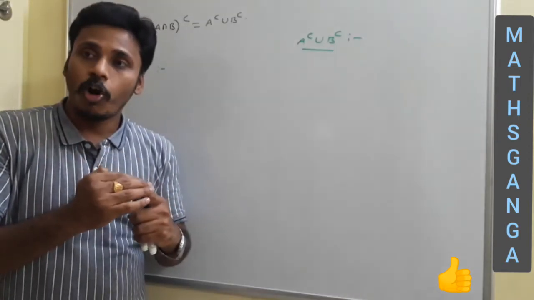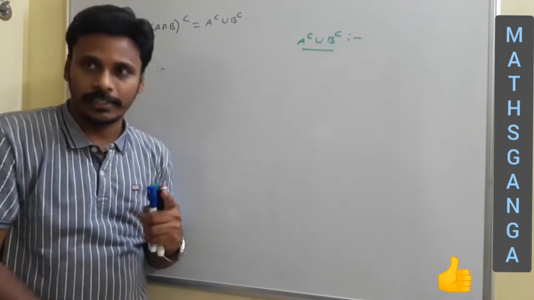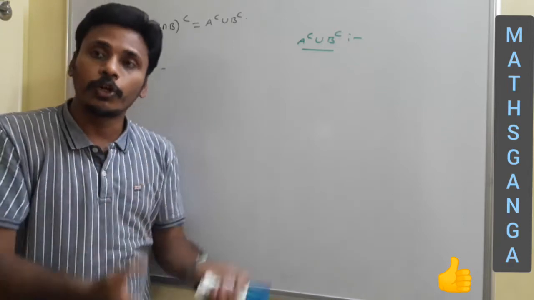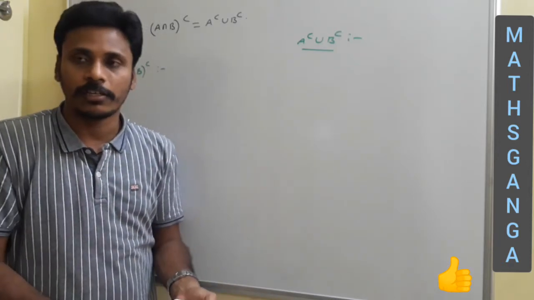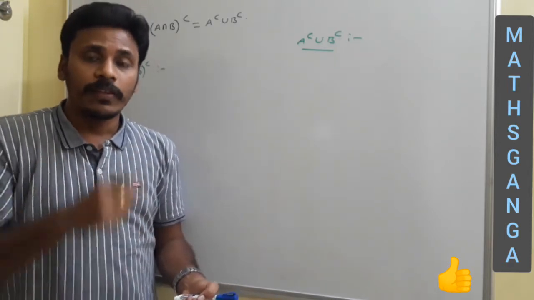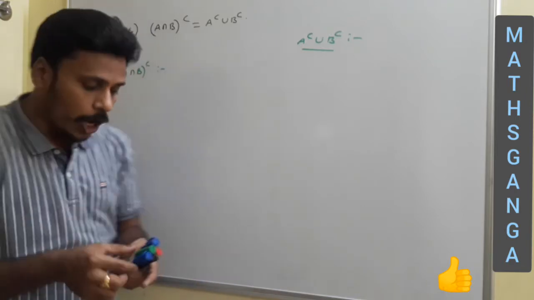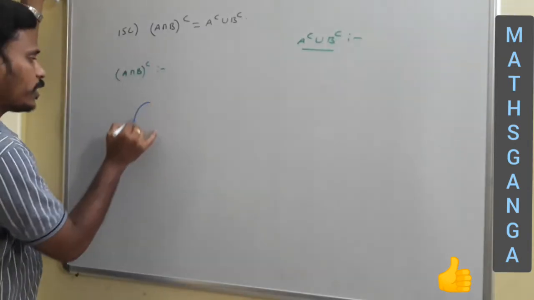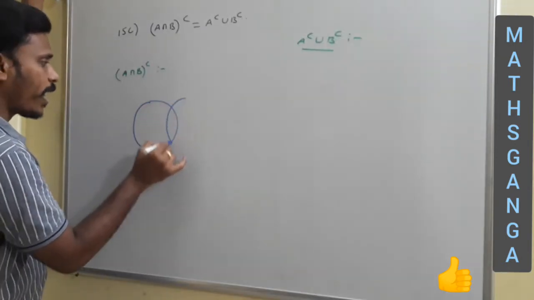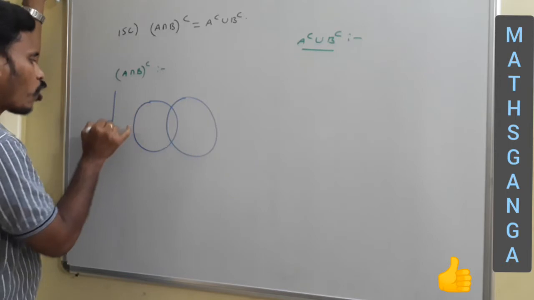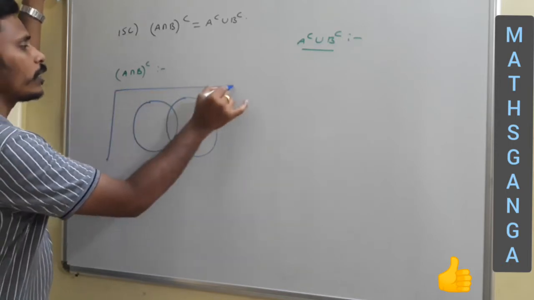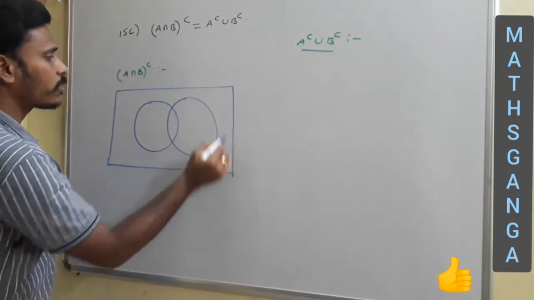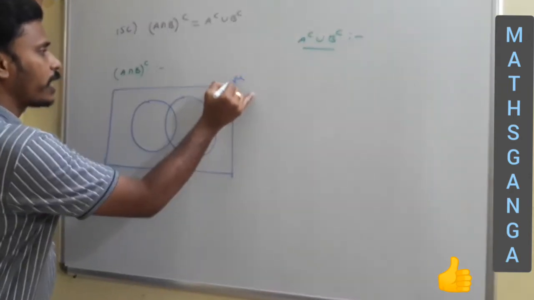(A intersection B) complement means not in A intersection B. So first you sketch A intersection B, and then you shade the region outside of that A intersection B. I think you are all aware of the region for A intersection B. Now, for this diagram, just have a look. This circle is for set A, whereas this circle is for set B. Since complement is involved, you need to include the universal set, which is represented by a rectangle and its symbol is mu.